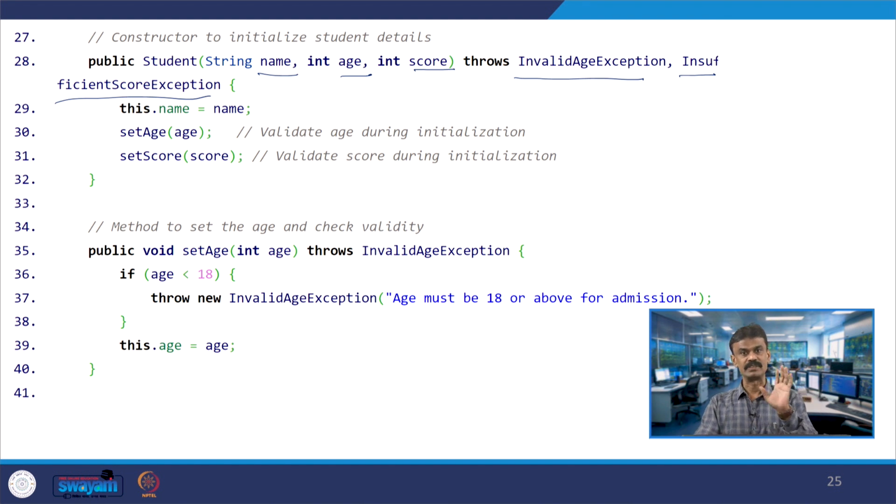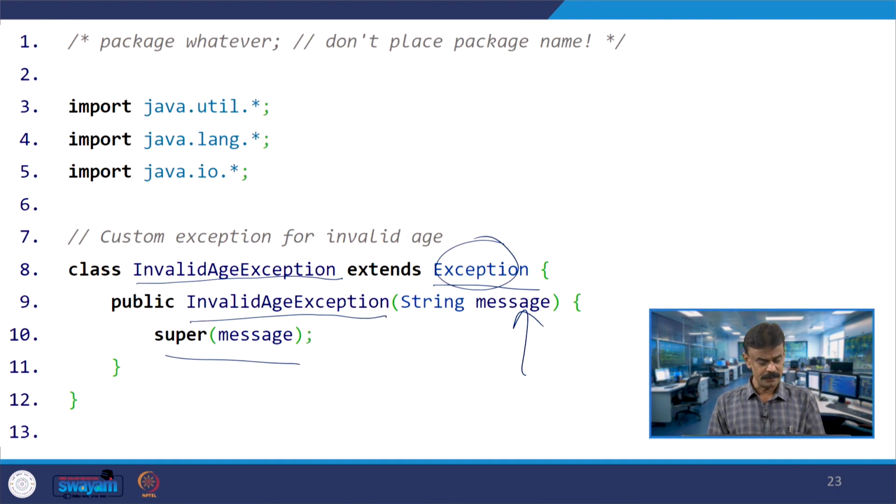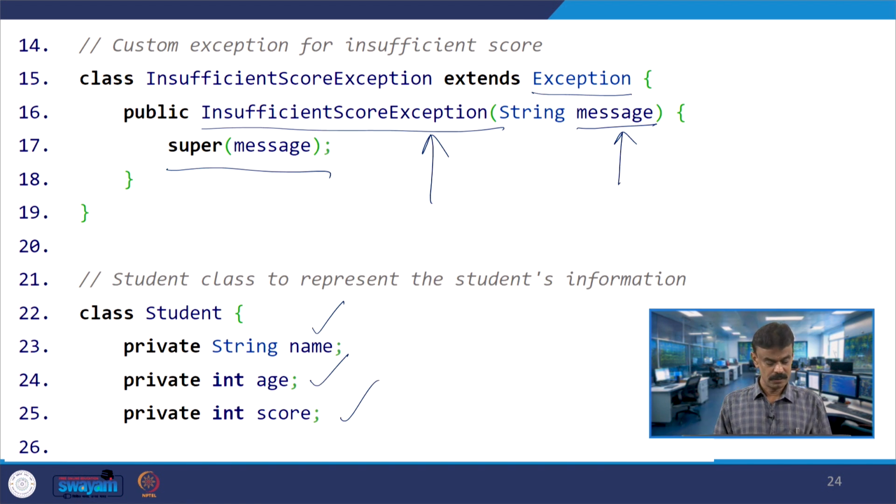This is the first time we are seeing throws with two custom exceptions, right, where InvalidAgeException and InsufficientScoreException are classes.